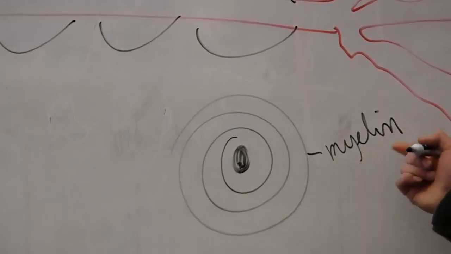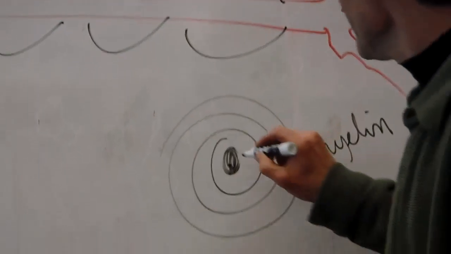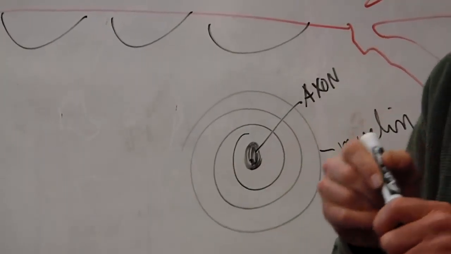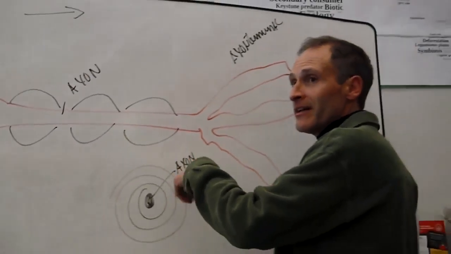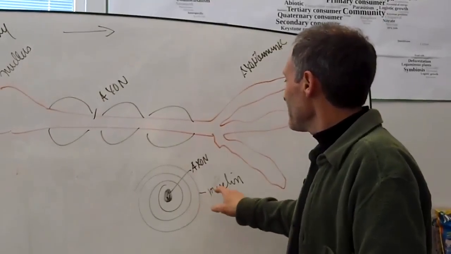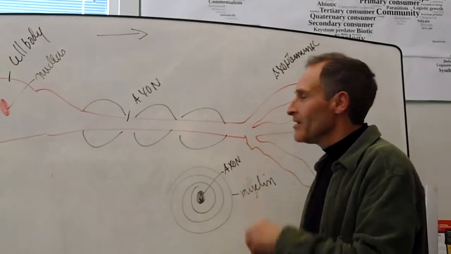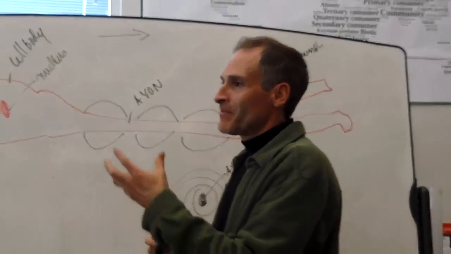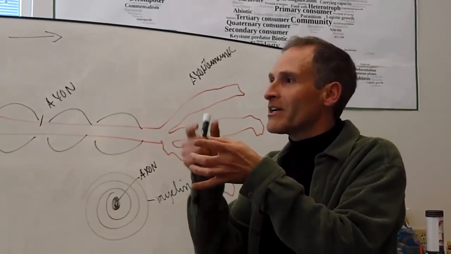Anyway, so here's the axon. Okay, and you've got these like pigs in a blanket, little tortilla wrapped around a hot dog. But anyway, this myelin is made out of fat. It's a fatty tissue, which is not necessarily an insulator, but basically it makes the conduction of this impulse travel